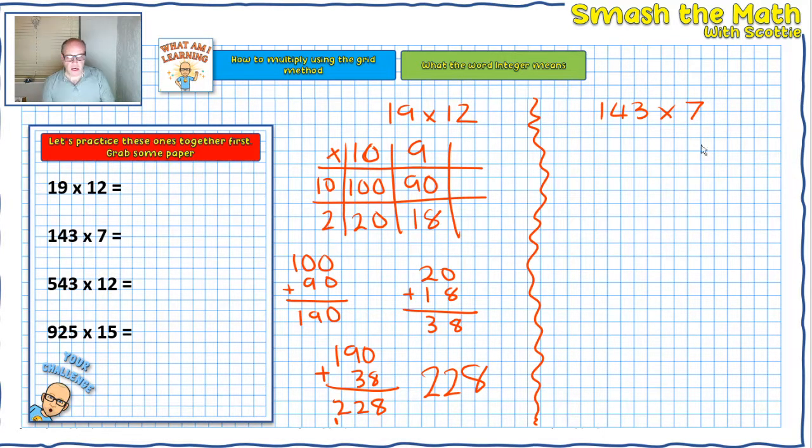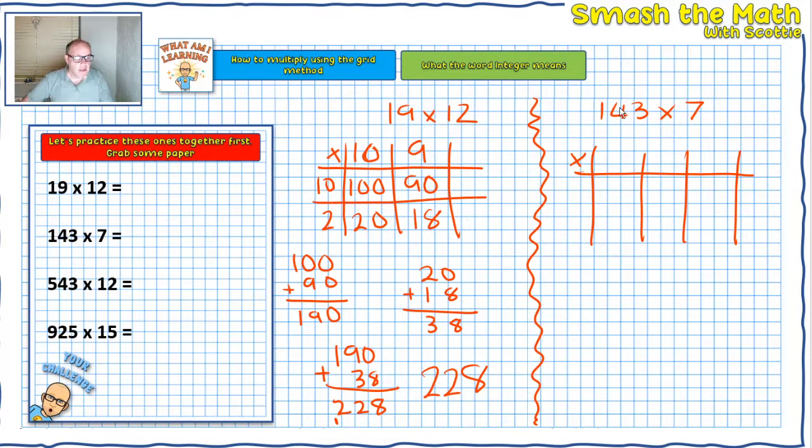Brilliant. Okay, let's do one more over here. So this one's a little bit trickier. So we're going to do our grid. Now we've got hundreds here, so I've got to make my grid a bit bigger. Remember, it doesn't have to be perfect. If you draw an extra column, it doesn't matter. You just cross it out or